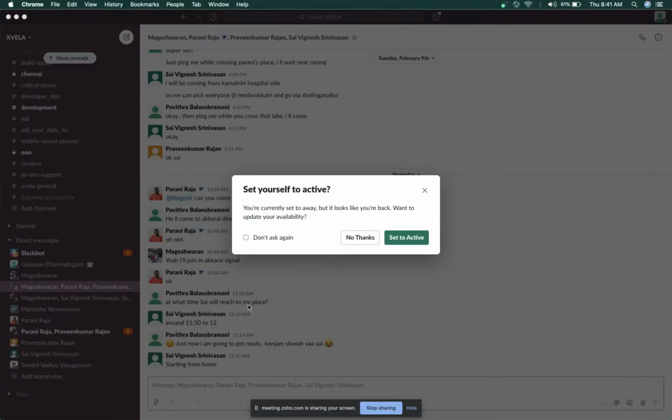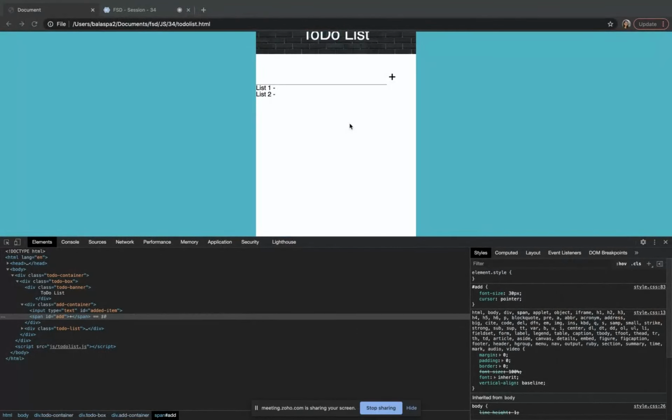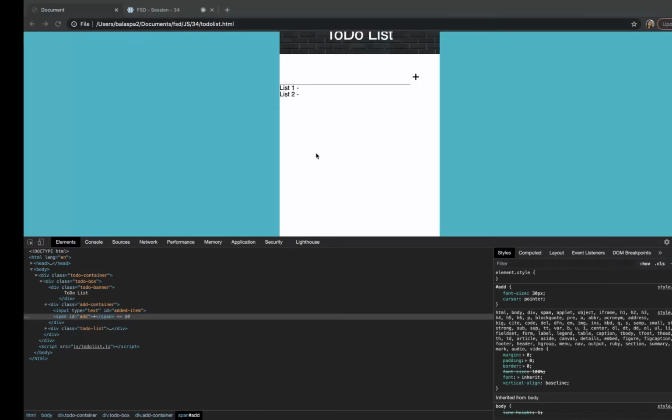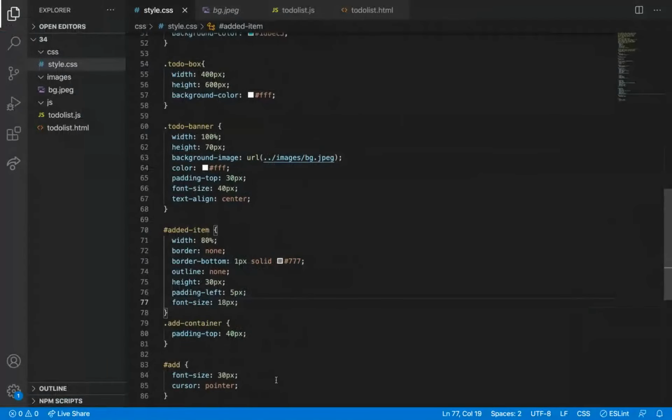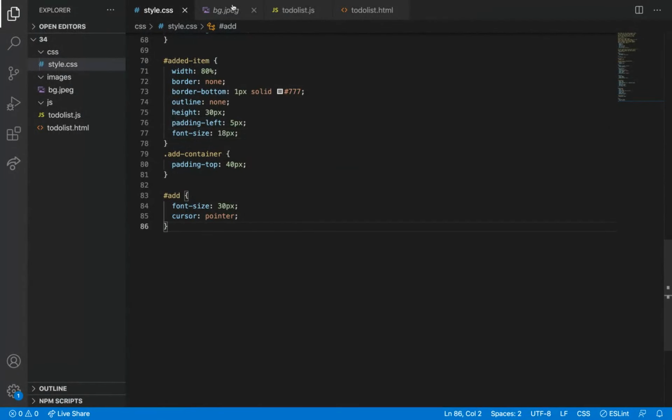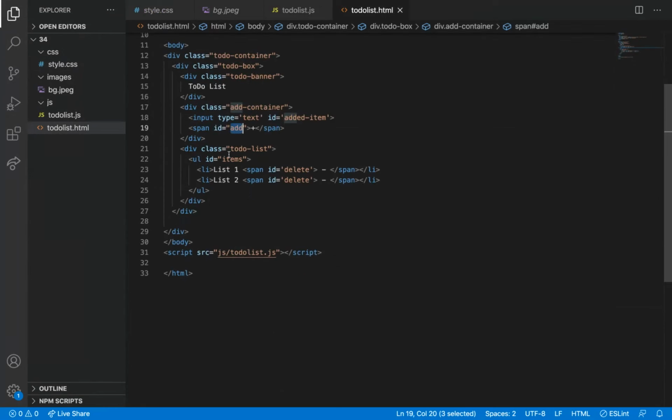Okay, I hope the style is a little bit better, and then what is the class name I have given here?